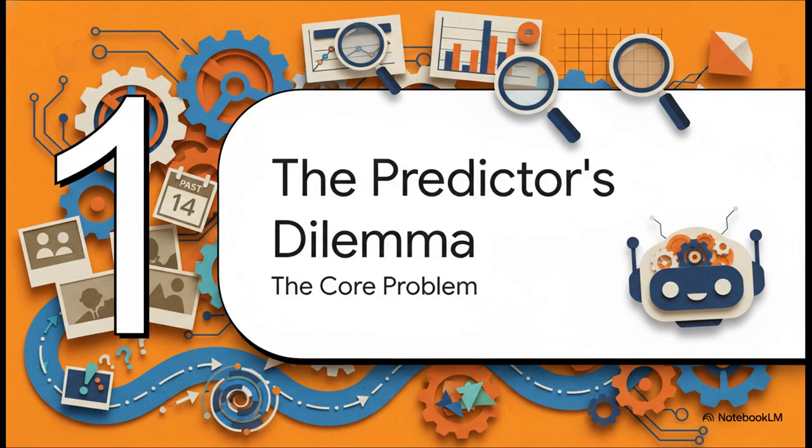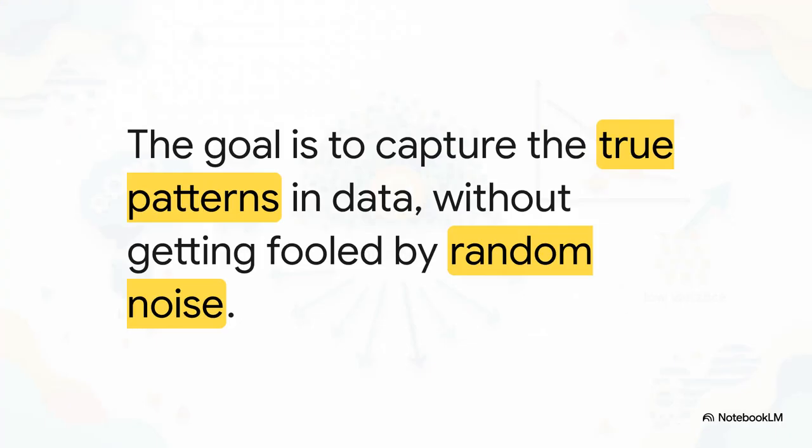We'll start with the most basic challenge, right? How in the world do we teach an algorithm to look at the past so it can make really accurate predictions about the future? You see, the goal here is to get our model to pick up on the true signal, the real patterns that are hiding in the data, without getting fooled by all the random noise. And if we can pull that off, the model will generalize well. That's just a fancy way of saying it'll work on new, fresh data it's never seen before. And trust me, that is the absolute holy grail of machine learning.